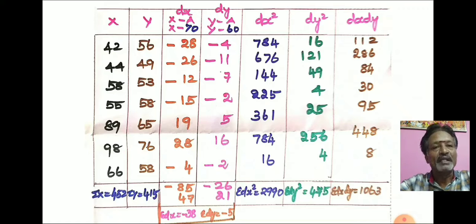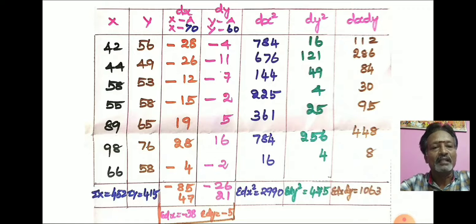After estimating the dx and dy values, you can take the total of all the positive values separately and all the negative values separately. First check whether the positive values or the negative values are greater. If the positive values are greater, take the sum of the positive values first, then the total of the negative values. Here in our sum, the negative values are greater than the positive values, in both dx and dy. So first we have to add all the negative values.